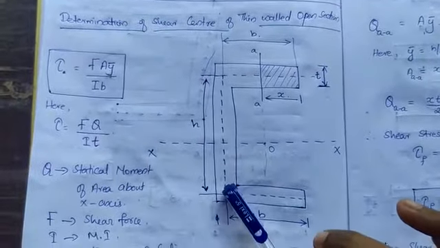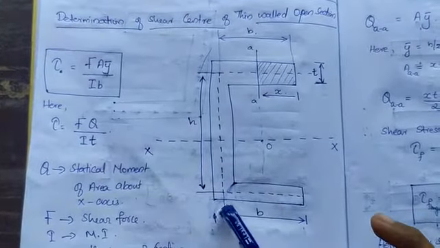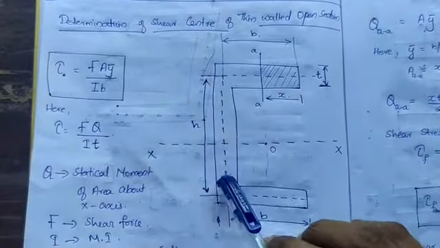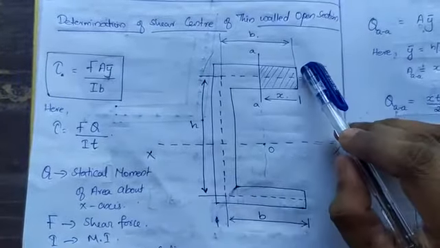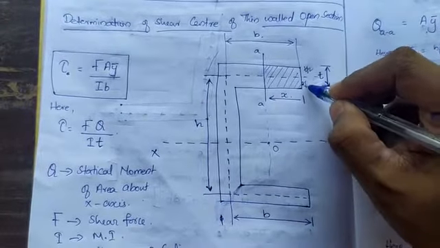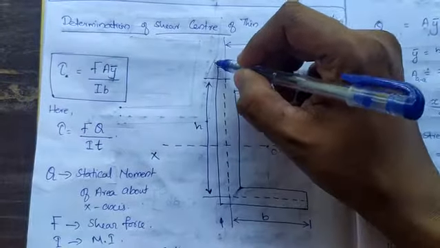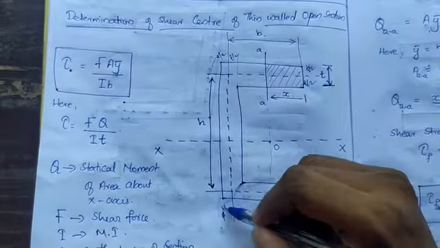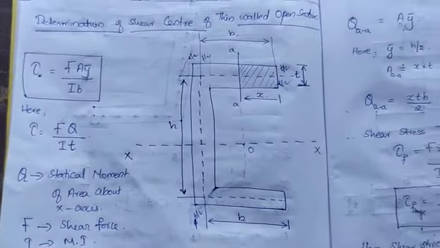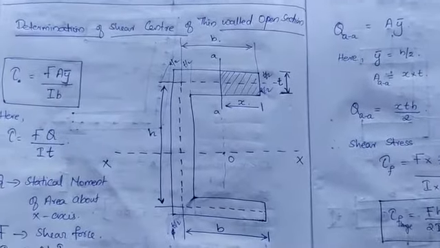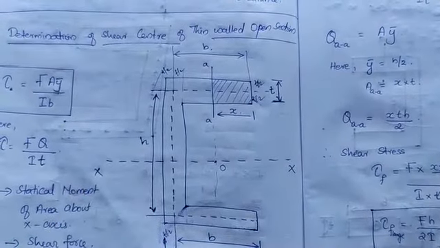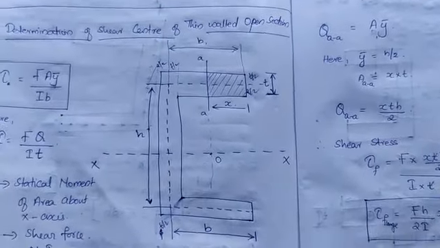The main thing is that this breadth b is the length from this point to this point, not its extreme length, and h is the length from this point to this point. t is the whole length, and this length becomes t by 2, t by 2. This also becomes t by 2, t by 2, t by 2. So you need to find out the shear stress acting along this whole section, and you need to find out the shear center.